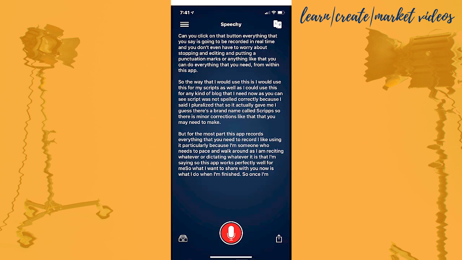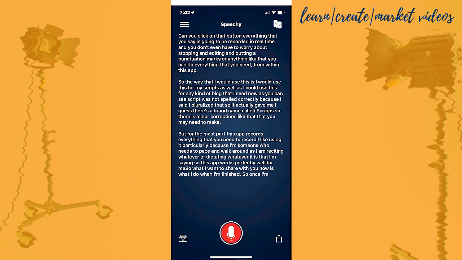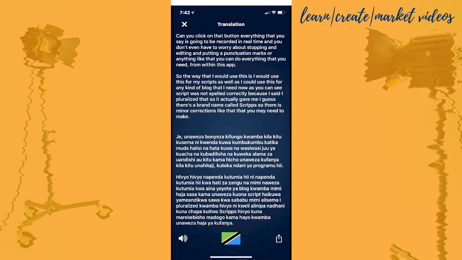Now there's one thing that you can do if you need it, and that's translate this. So if you wanted to translate this into another language, you have the capabilities of doing that. For some people, say for example, they are going to use this as voiceover for a video that they're going to put on YouTube, and they know that their markets in Mexico or in Spanish countries, they can simply click on the